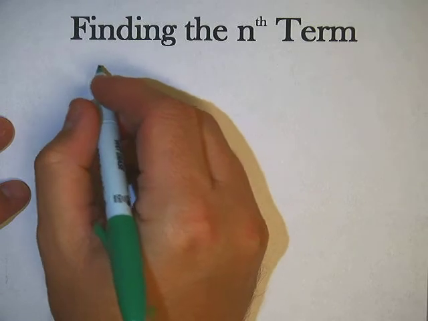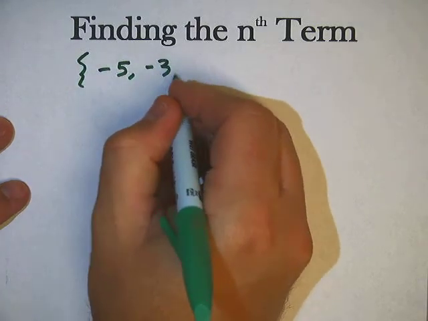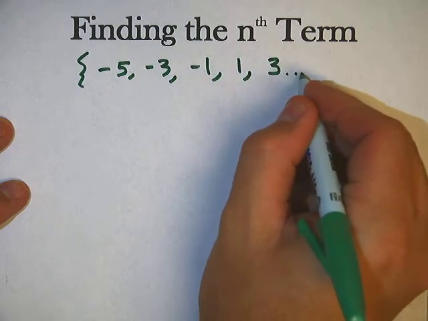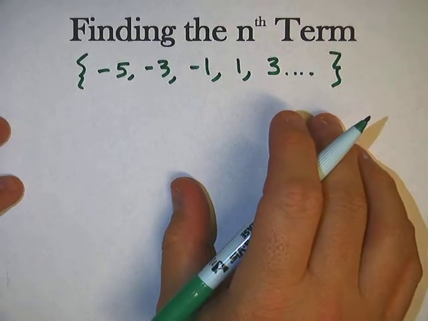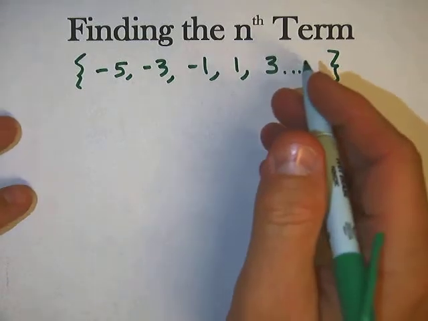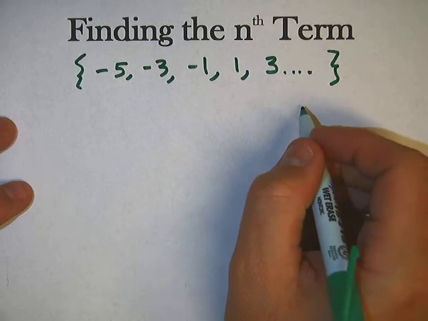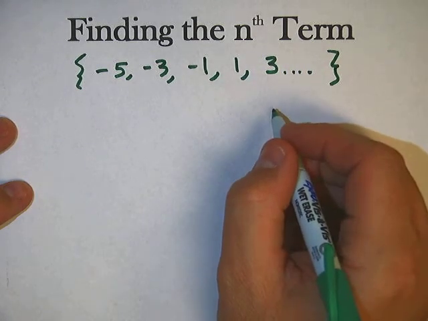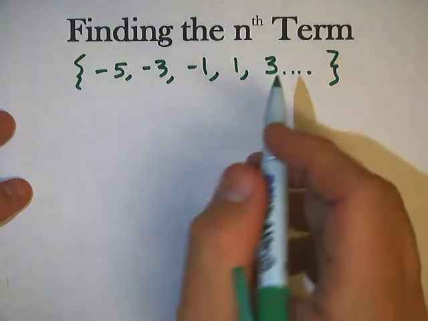So a brief reminder, if I took a sequence that looks like -5, -3, -1, 1, 3, and then on it goes. I want to determine an equation, or what we are calling the nth term, so that I could find the 20th term of this sequence or the 30th term of this sequence. So we did a lot of analysis with tables and differences, but we came down to this commonality that number